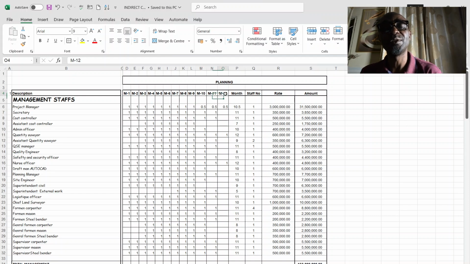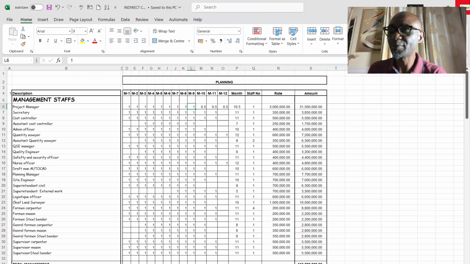This project is a 12-month project. At month 9, say at month 9, the project is almost 90% completion. At month 10, the services of the project manager will not be required at full scale on that project, because at 95%, the project will be at handing over stage, where you are clearing snags and repairing of defects. So at this stage, a